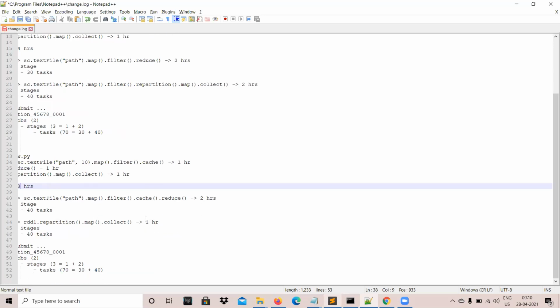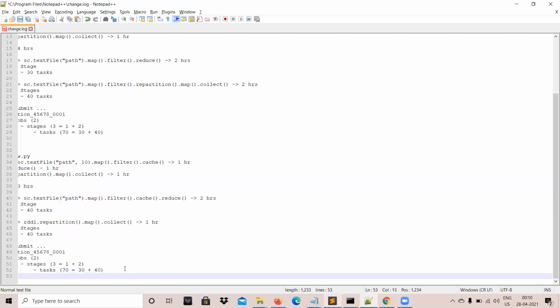So this is how you can reduce the time. But again, that is an additional cost, as we discussed. If you're caching, you should make sure you have enough memory to cache it. If you don't, it will give a memory error. Most of the time you don't have enough memory. You're processing hundreds of TBs of data, and definitely you don't have that much RAM. It will never be able to cache it. It will fail.